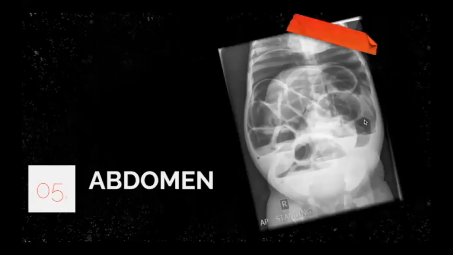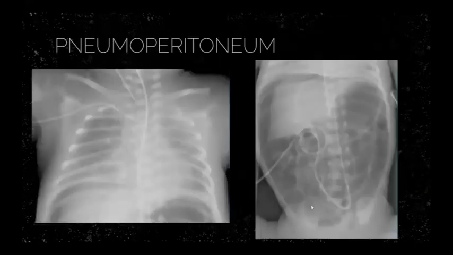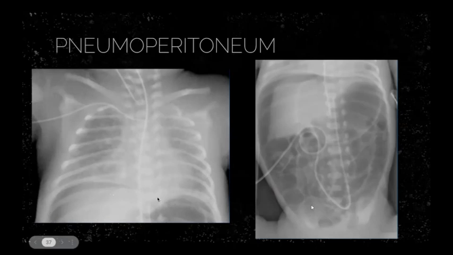Right, we move on to the next system, which is the abdomen. Of course, in a trauma setting, we cannot escape from scrutinizing the abdominal radiograph to look for any free air within. All right, so this is a young baby, probably an infant with surfactant deficiency. As you can see, the lung is not normal, right? So what we need to pick up from this chest radiograph is the air under the diaphragm. All right, so this is quite obvious, and then there is a